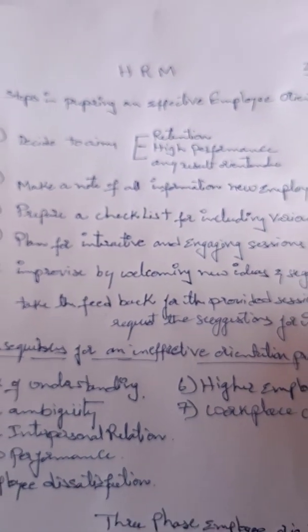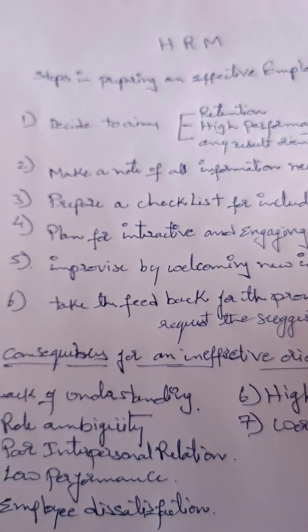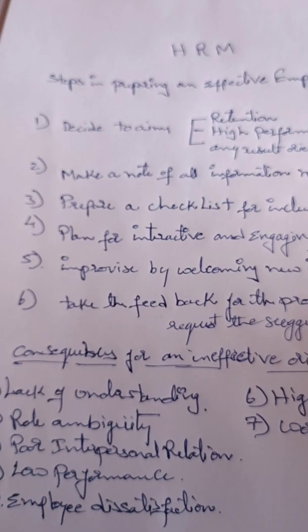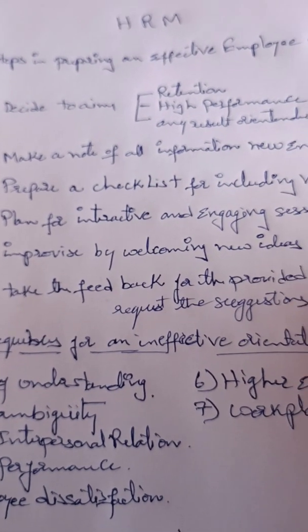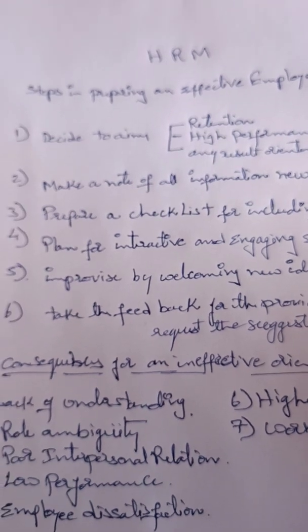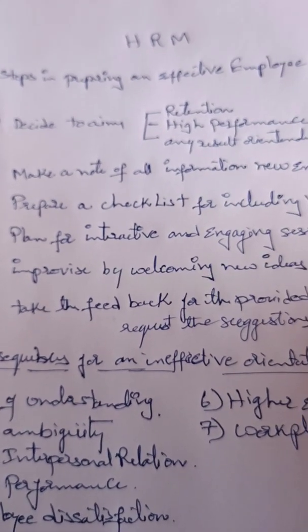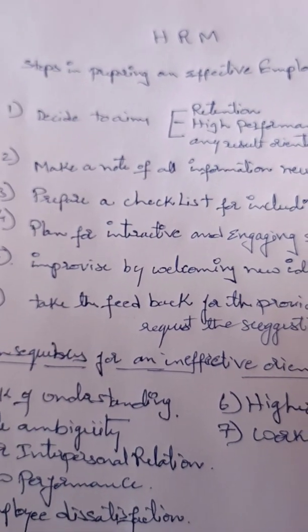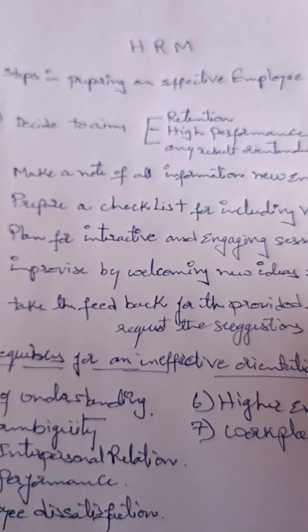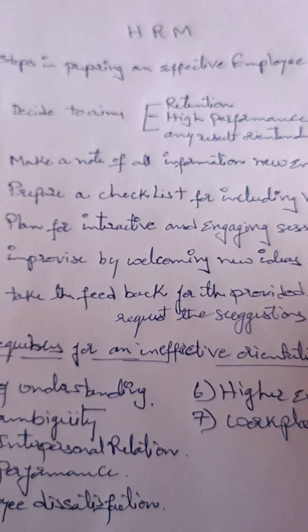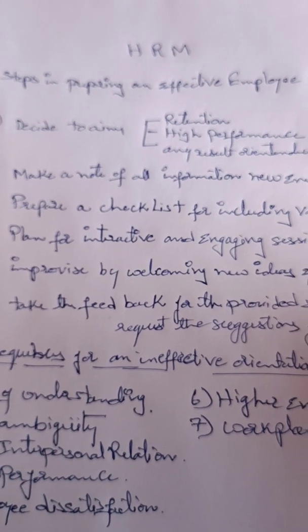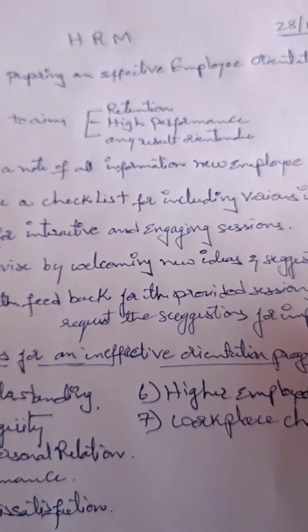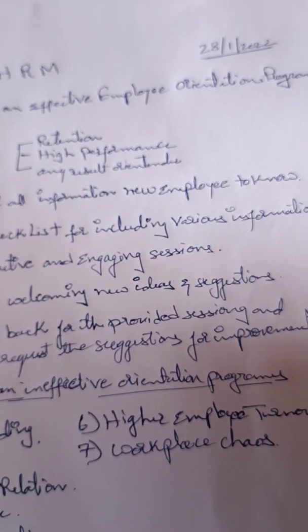And you have to plan your orientation sessions to be interactive and engaging. You also have to welcome the new ideas and suggestions from the candidates who have attended the orientation program, and take the feedback of the participants who were involved in the